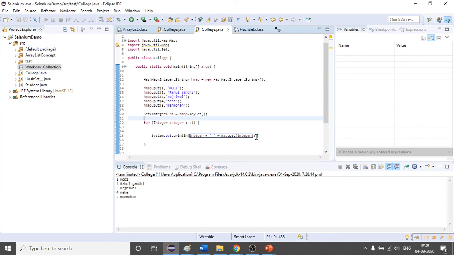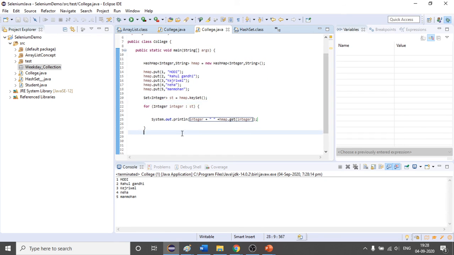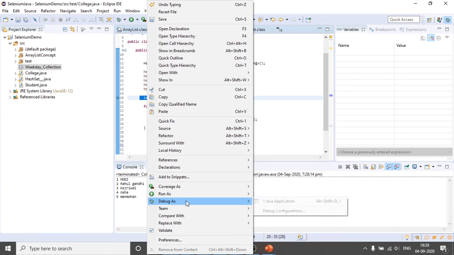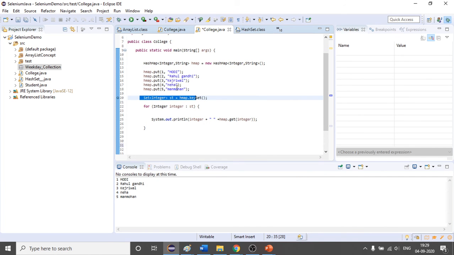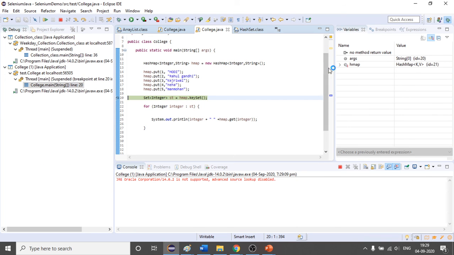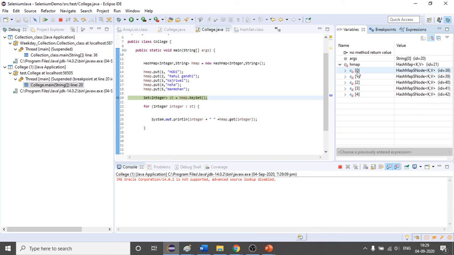Index. Okay, actually they have already provided us some ready-made method. Till now it is clear how this is working. Let me first debug it, otherwise it will be confusing. Then we will come to the other question as well. Till now it will store the key value pair. You can see on the right hand side, this is the key. Let me expand this. Key is integer. If you see, the value of this is 1.